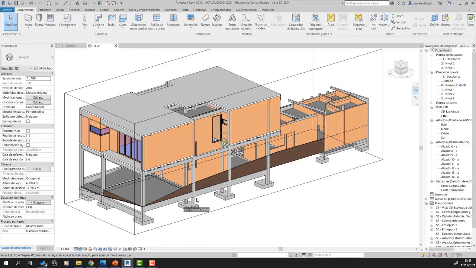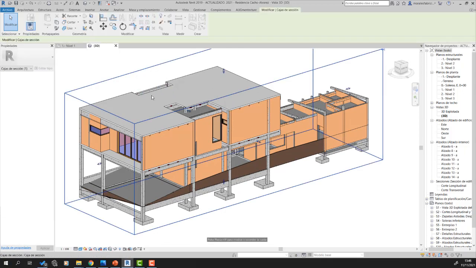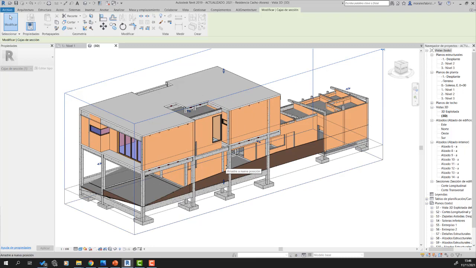This house is a real example because it's a house that was structurally designed by me, and I am currently doing the supervision of works of this house. And the main purpose of the video is to show you the complete anatomy of a house, and we will